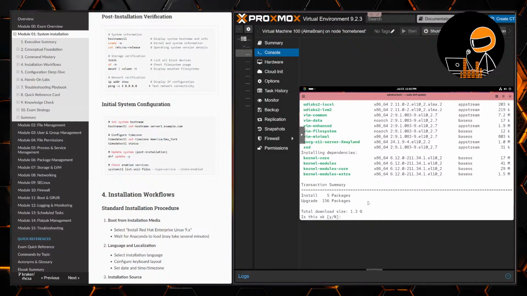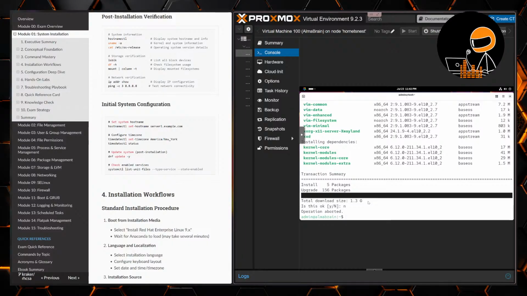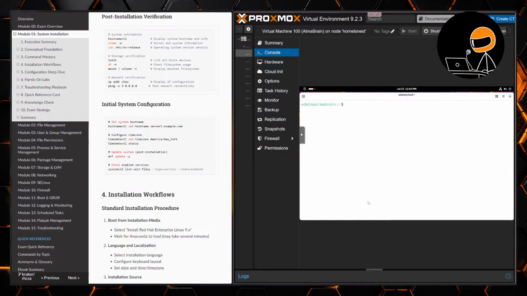Yeah, I'm not upgrading 156 packages or installing 5 on live stream. But I will do that at a different time. I believe I can do sudo dnf update -y, or